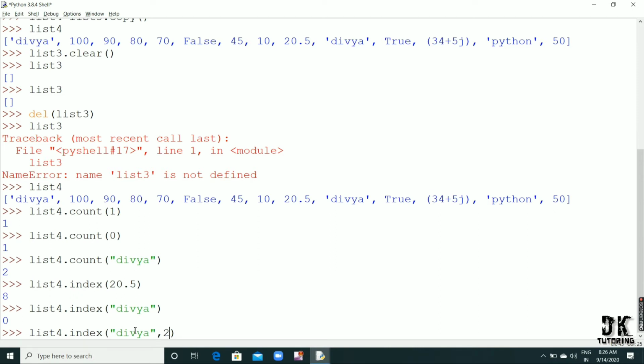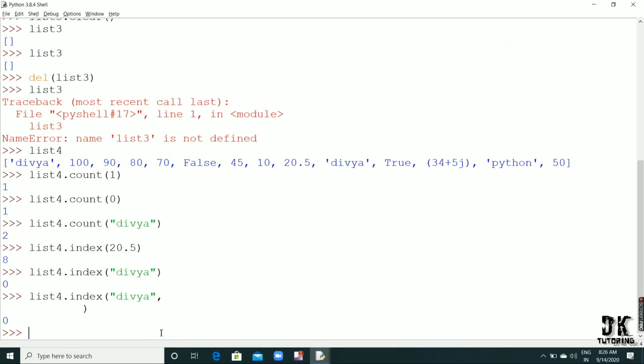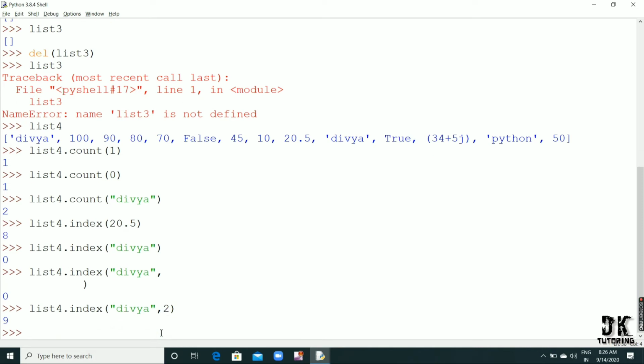So these two, okay, this 2 is a second, so it gives me, okay, again Divya and 2 is a second one. Okay, so see, I am getting here 9. Okay, so second Divya is at the 9th position.